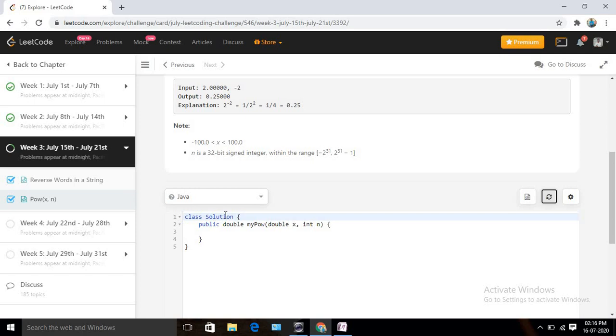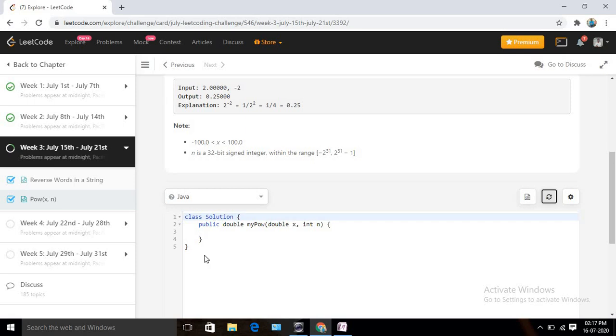There are a couple of approaches to solve it. The basic approach is to run one for loop till n and multiply n times, right? But suppose you have such a big number, like 2 to the power 1024. For that case, you need to run your for loop 1024 times, and that can cause a Time Limit Exceeded exception, right? So we need to think of an optimized way to solve it, probably in order of log n time. So how can I solve it?